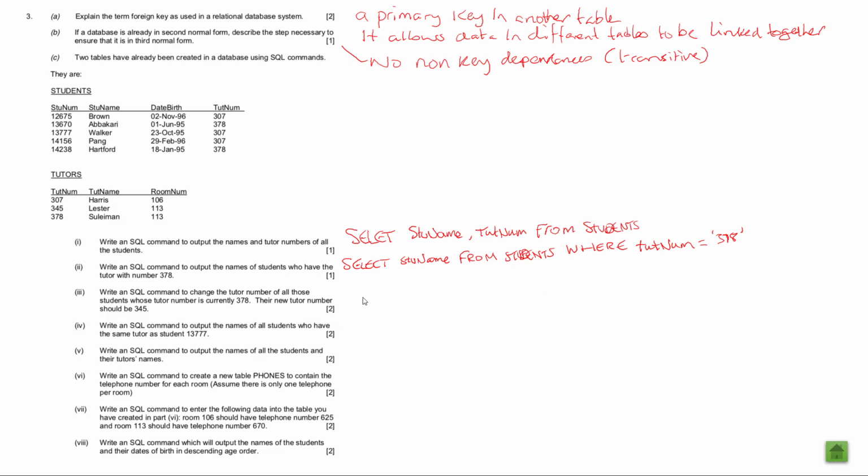Okay. Now, if you're writing SQL for real, you'd put semicolons on the end of these, but it's not for real. This is by hand. So write an SQL command to change the tutor number of all those students whose tutor number is currently 378. Their new tutor number should be